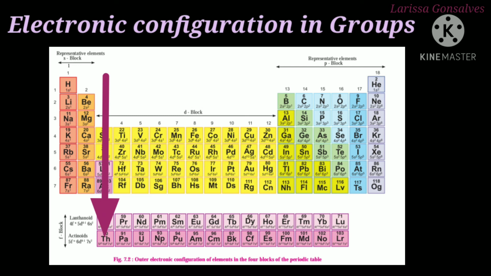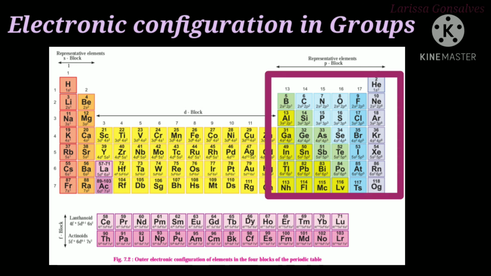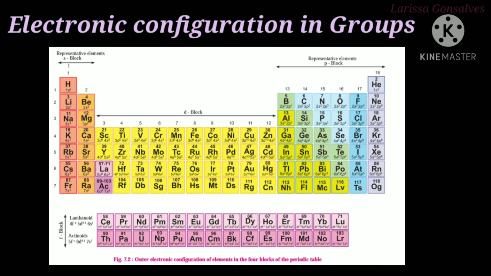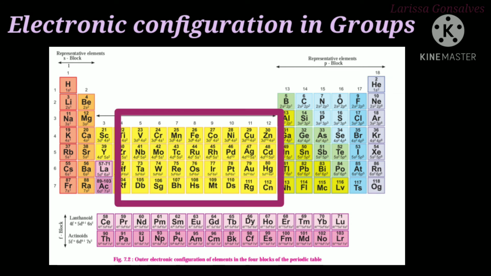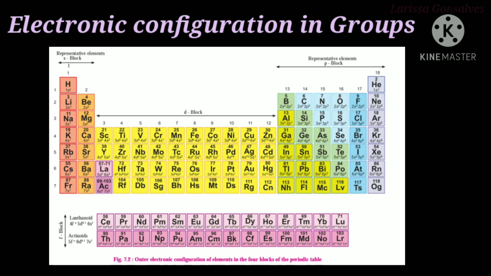And also it is found to be similar in case of group 1, 2 and 3. In the groups 13 to 18, the inner d and f subshells are completely filled and the general outer electronic configuration is the same down the group 13 to 18. In the groups 4 to 12, the d and f subshells are introduced at a later stage down the group. As a result, there is a variation in the general outer configuration only at the later stage down the groups 4 to 12. Now what does this mean? Let us study this in detail.